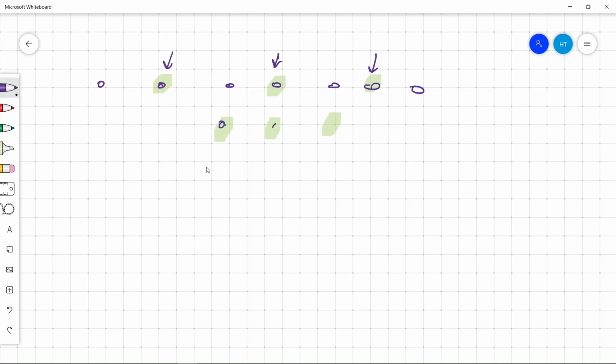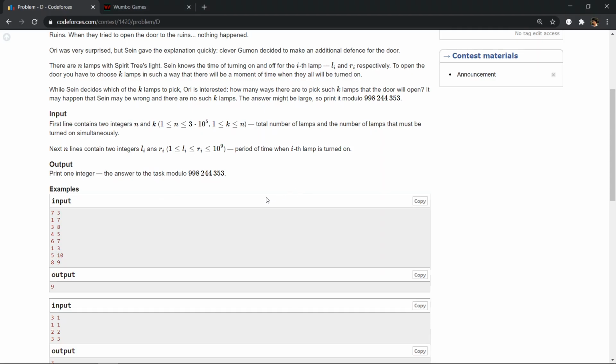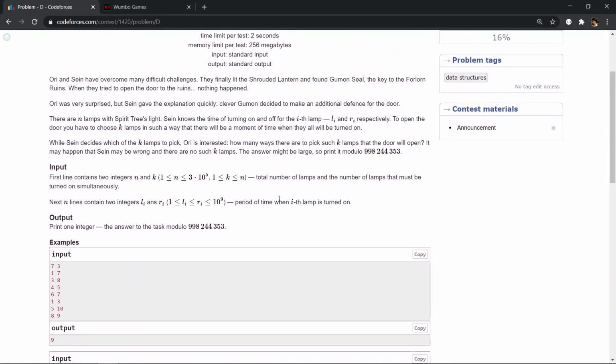We have to tell how many ways there are to select k lamps out of these lamps such that these k lamps are turned on at that point. And the answer can be large, so we have to print it modulo this number.